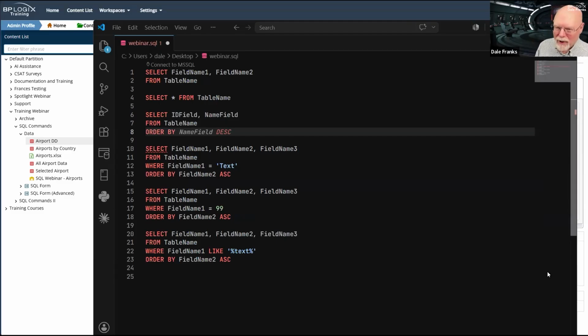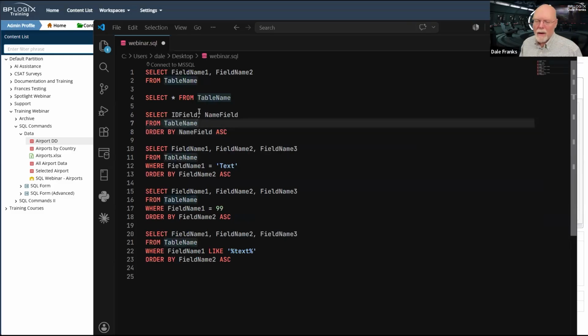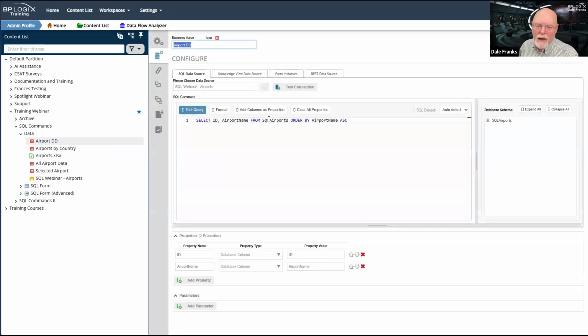I just always do this. So let's say that we want to pull the data for a drop-down control, just like we've done with our airport DD business value over here.